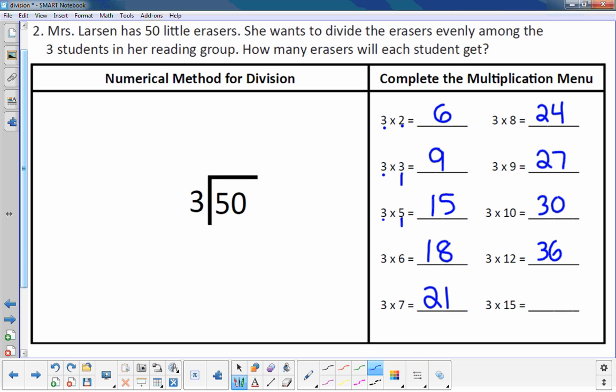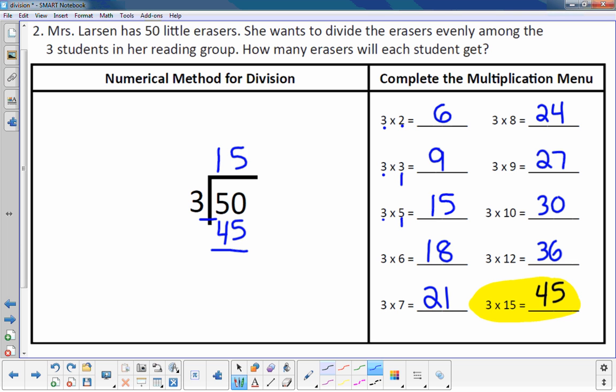So I'm just going to fill this out. And now I have 50 divided by 3. So now I just have to think of how many 3's go into 50. Well, if I look to the right, I don't have to think very hard because I have my multiplication menu here, and I noticed that 3 times 15 is 45. That's really close to 50. So I'm going to put a 15 up here, and I know 3 times 15 is 45 because it's right over there on the right in the multiplication menu,